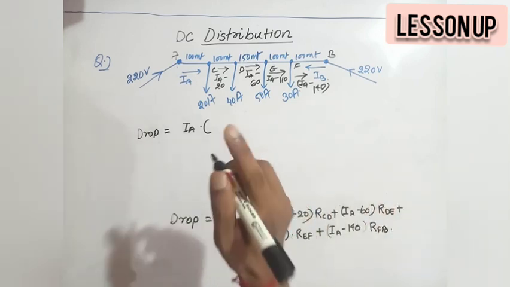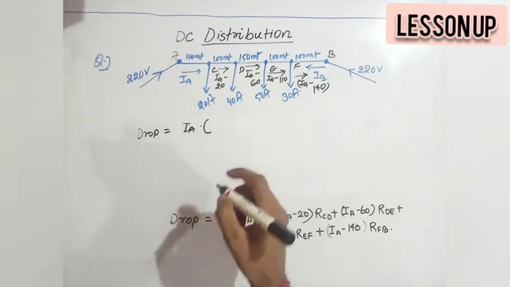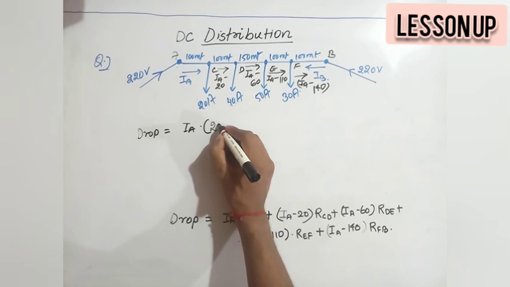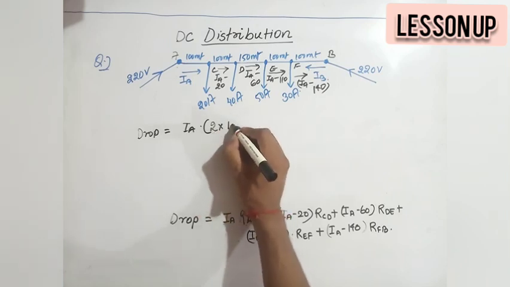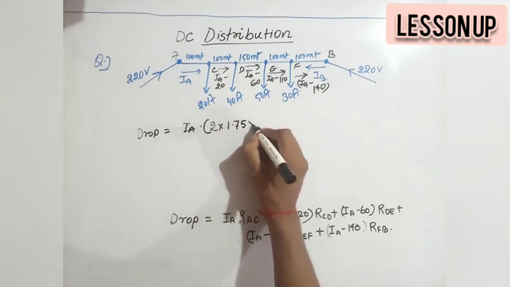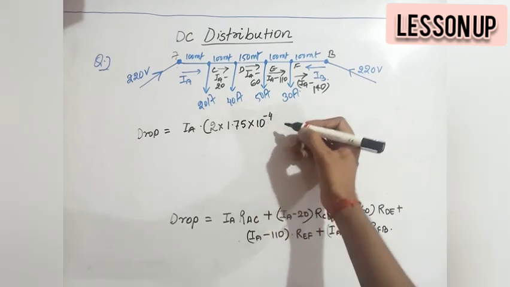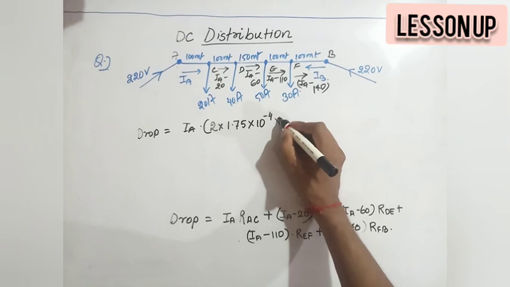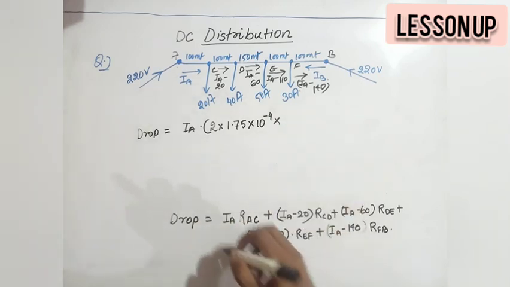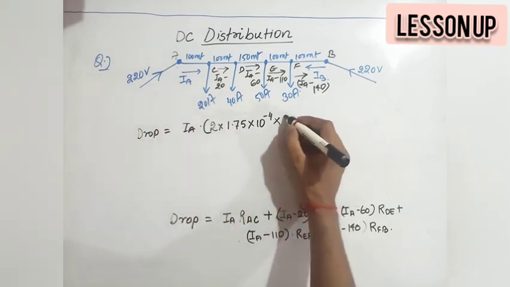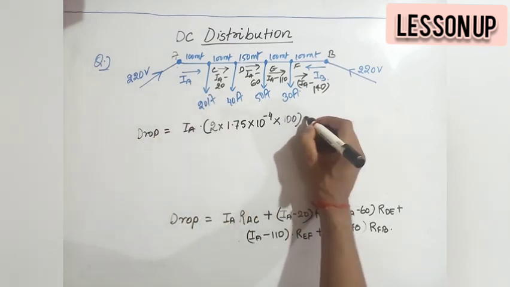So there will be two conductors, and for two conductors we need to multiply with 2, so 2 into 1.75 into 10 to power minus 4 ohm per meter. We multiply the distance between A and C, that is 100 meter,